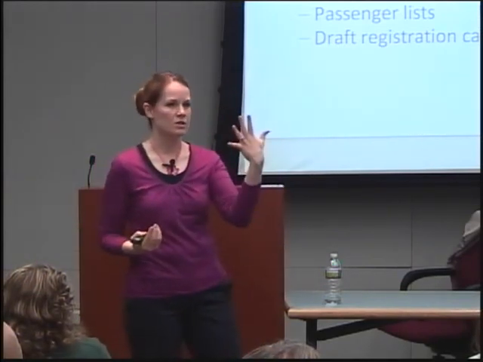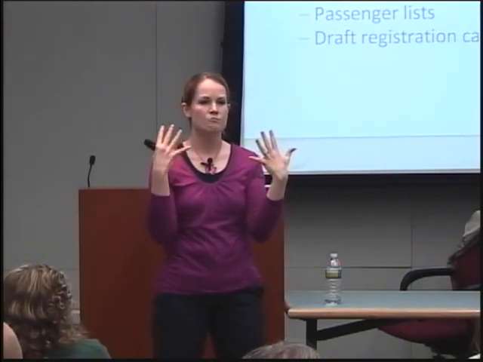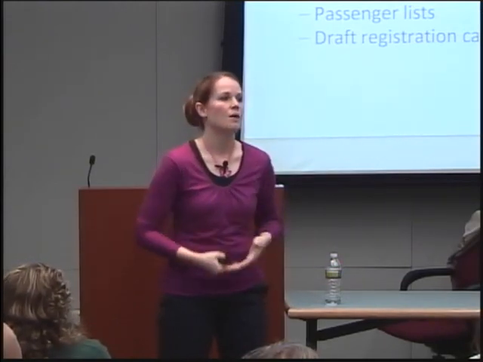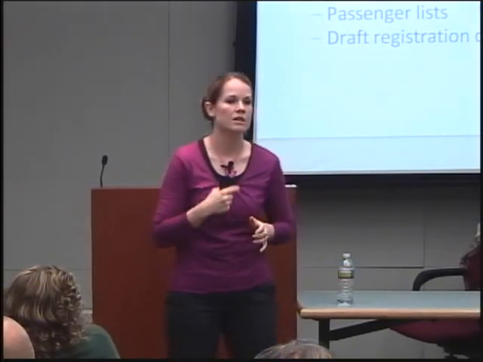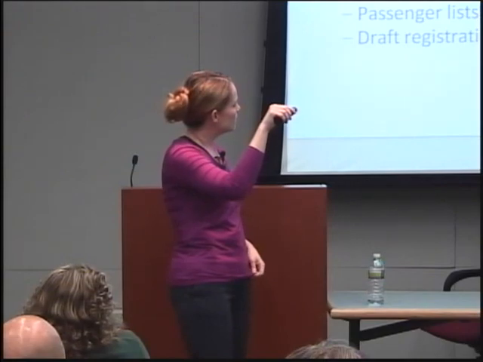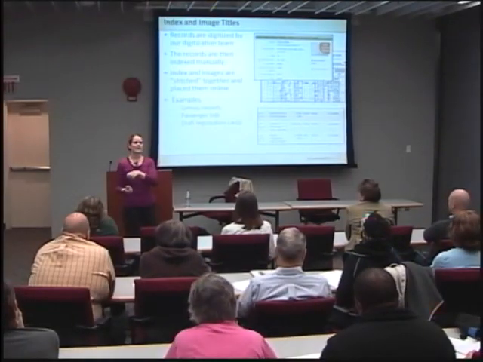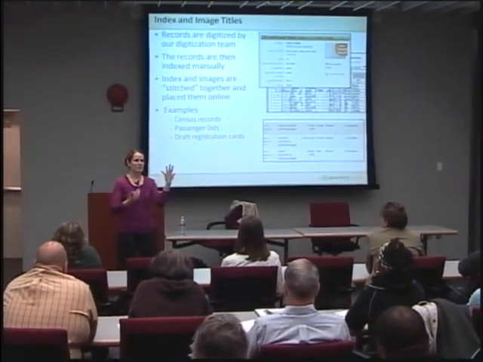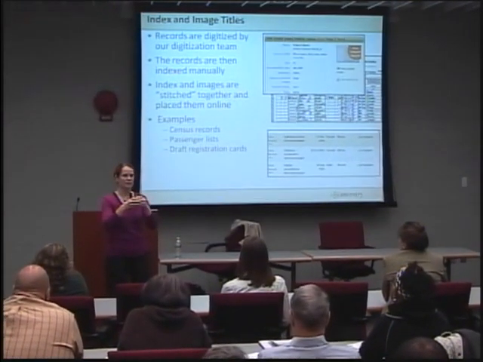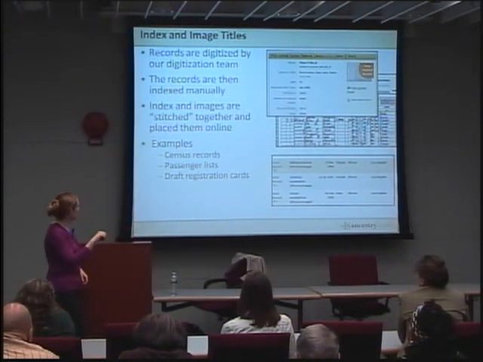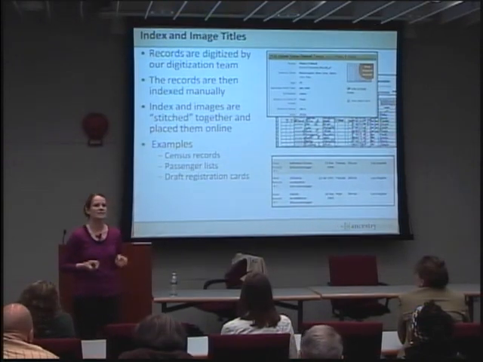Then we take all of those hundreds of thousands of images, and we take those millions of names, and we have a team that just stitches them together. So that when you go onto Ancestry.com and you type in your ancestor's name of John Smith and you click search, it's going to bring up search results that you can click on. It's going to take you to an index page. You click on view record and it's going to take you right there. I need to say that this still blows my mind that we can take images and indexes of millions of names and stitch everything together and be able, with a few clicks of the mouse, to just boom, boom, boom, find an answer. So the type of records that we see this with are census records, passenger lists, and draft registration cards, which are going to be those indexes and those images.